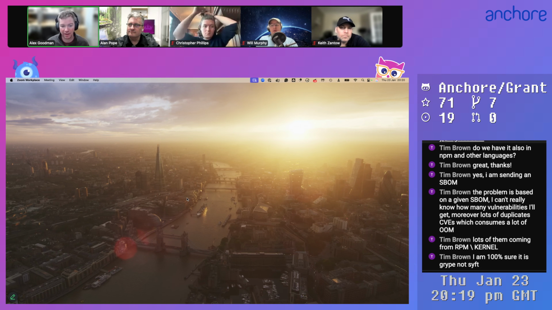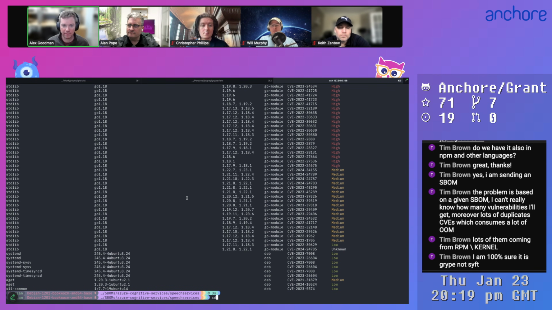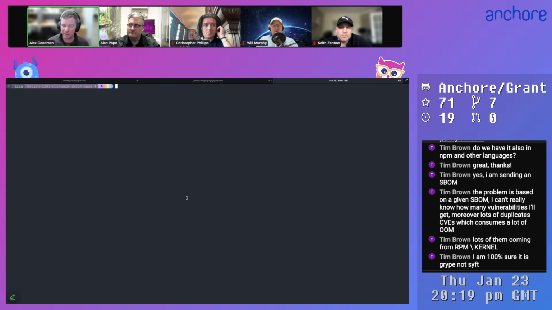The good news is we already have profiling capabilities baked into Syft and Grype. I think the challenge is if you're getting OOM, you're not going to be able to have the profile saved off. When you start up Grype or Syft with the application name _dev_profile equals, say, in this case, mem,